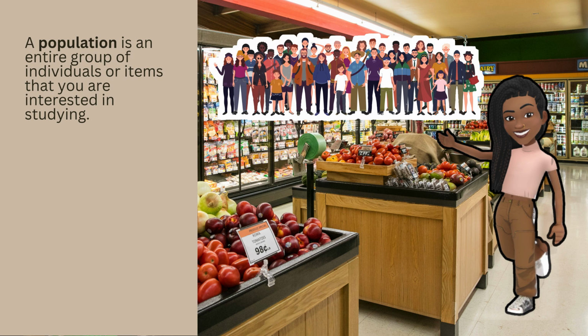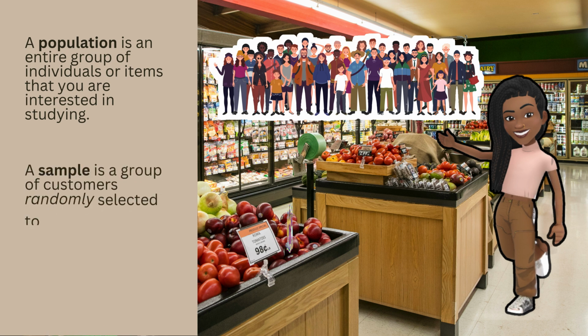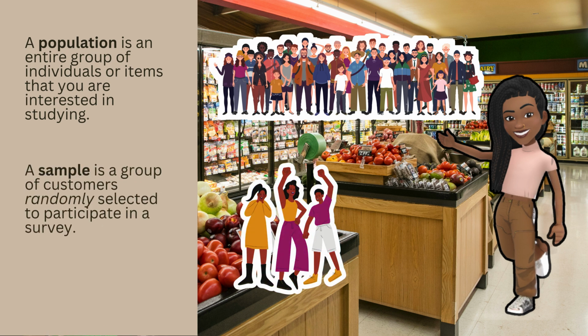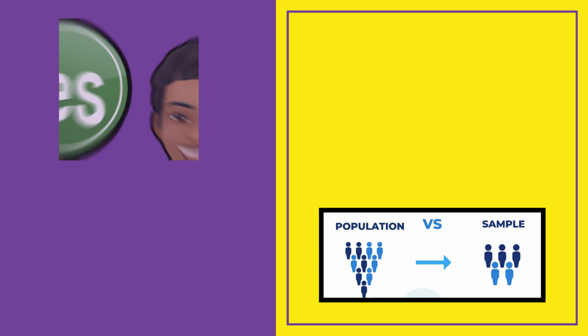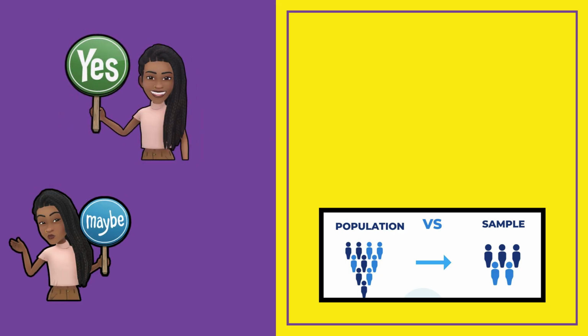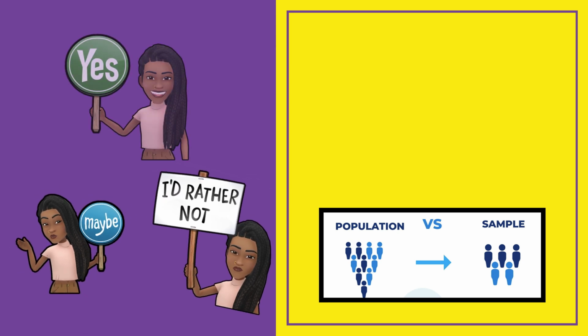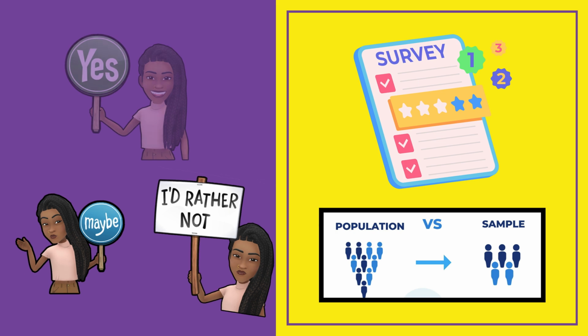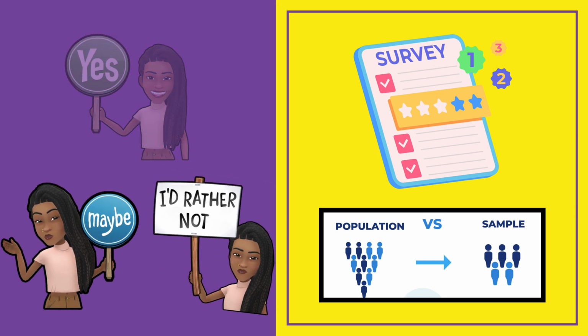When the population is too large or too difficult to study, we use a sample group. A sample could be a group of customers randomly selected to participate in a survey. The information we get from a sample survey can be used to gather data and make inferences about the broader